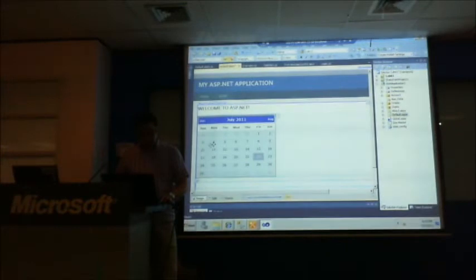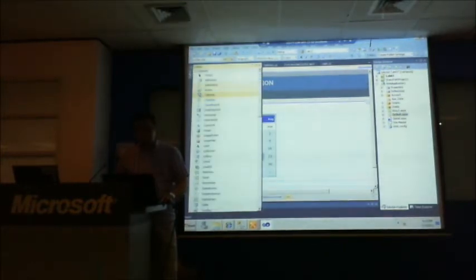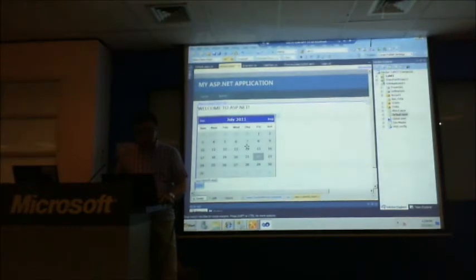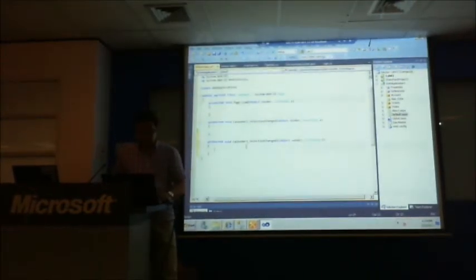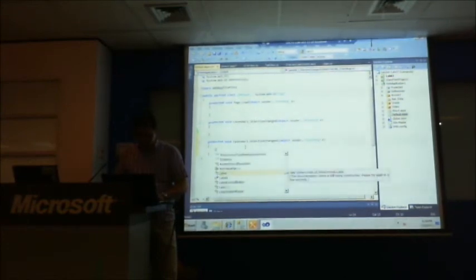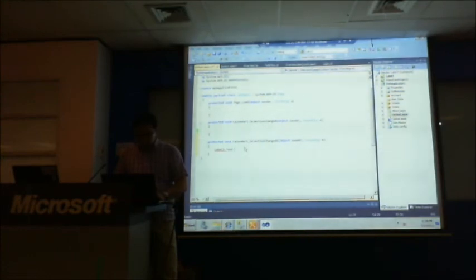And let's say whenever the user selects an item from the calendar, it's going to be displayed on the label. So you add a label there, okay, and then double click your calendar so that you can wire the selection change to a particular method called Calendar1_SelectionChanged, right? So we're going to say Label1.Text equals Calendar1